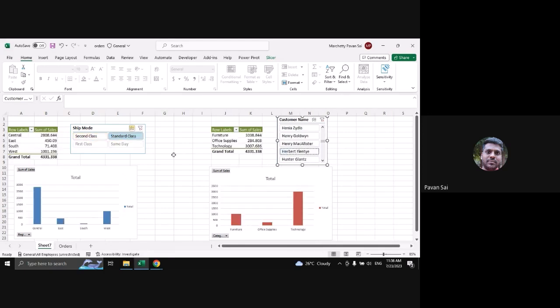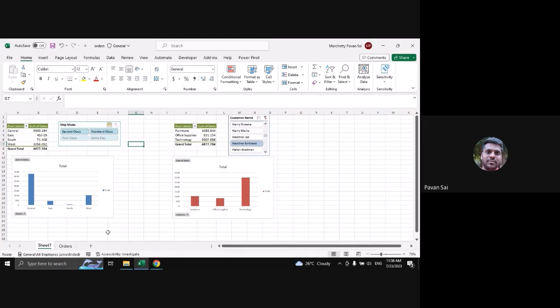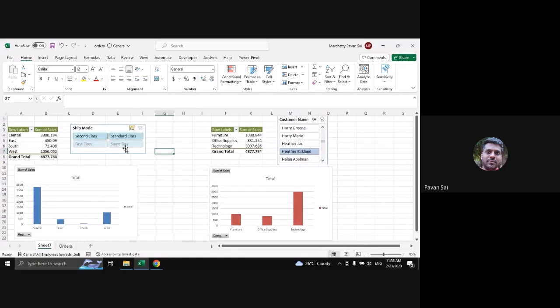So in a very brief way, you could understand that I could make an interactive dashboard like this. Of course, there is formatting and charts and everything. There are many things to be done, but for a brief understanding of pivot tables, I hope you could understand